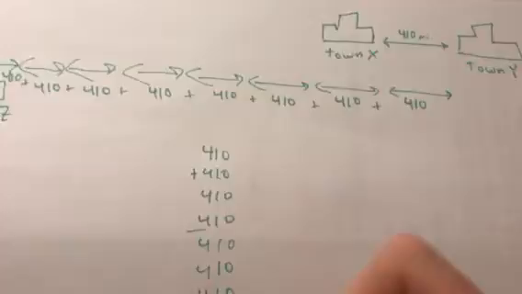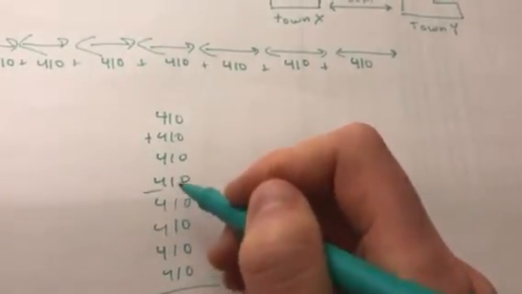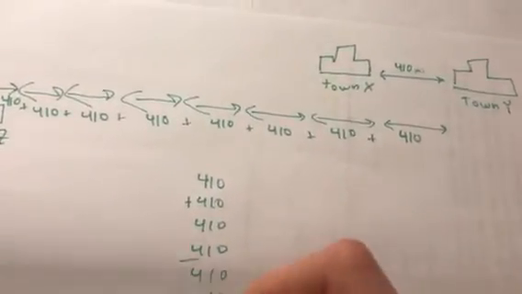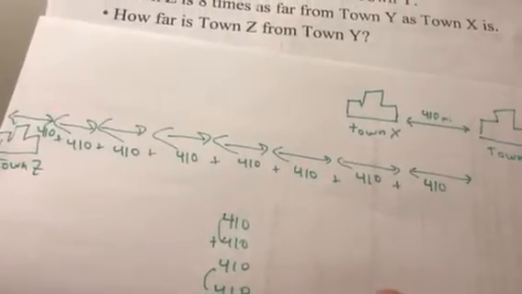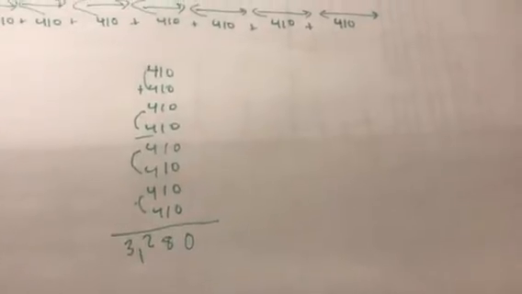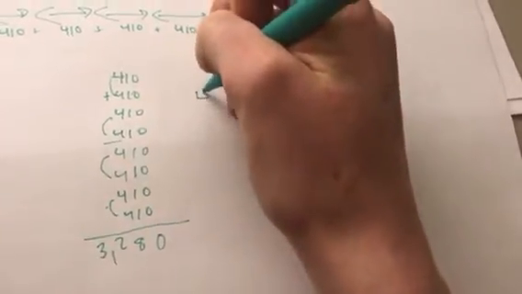There are some strategies, like this is all 0, and I just count my ones. 1, 2, 3, 4, 5, 6, 7, 8. And I can group these by 8s. So I have 8, 1, 2, 3, 4 times. That's 3,280 total. And what I can do instead, I could have skipped all of this repeated addition by doing 410